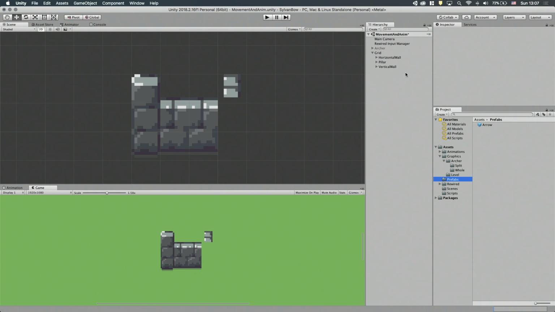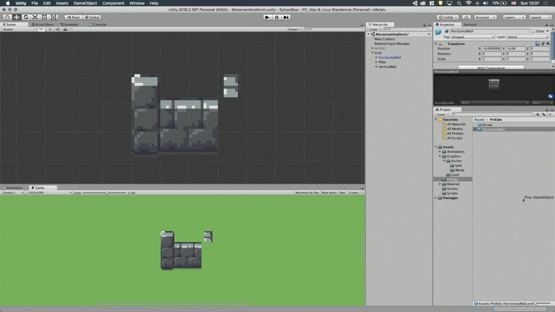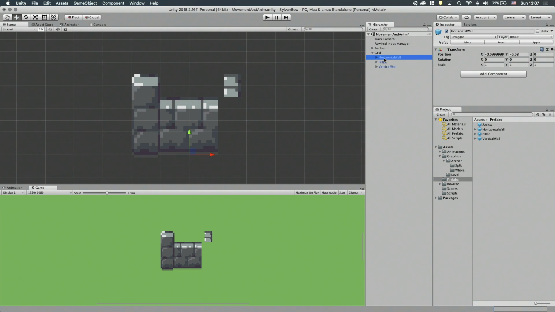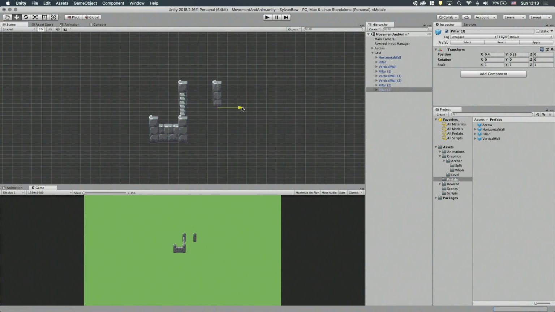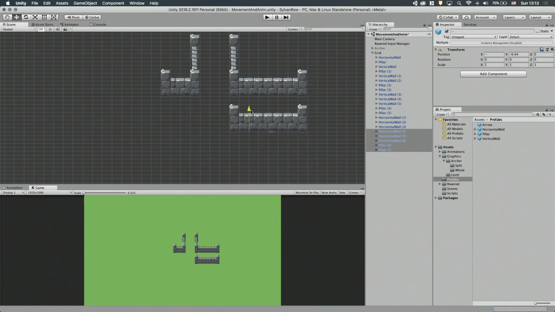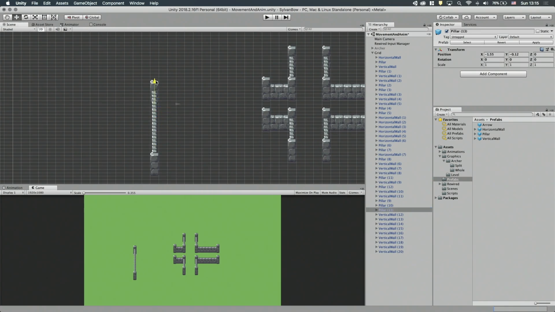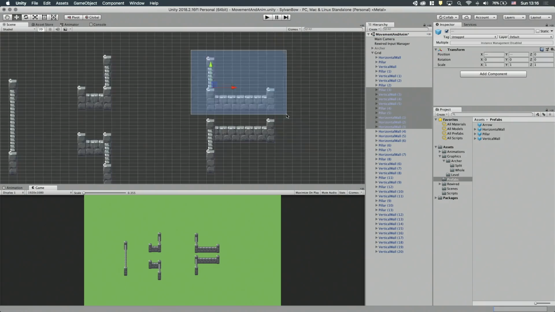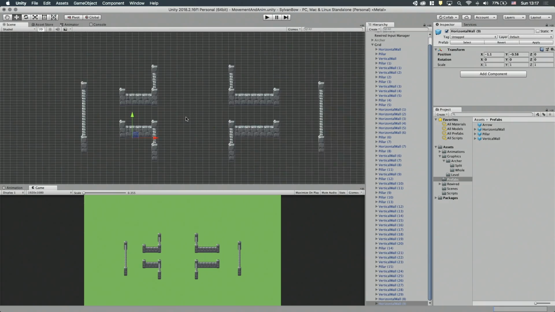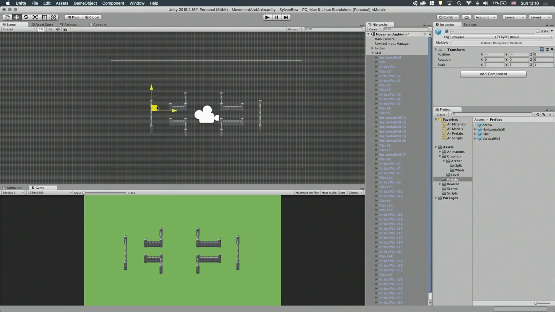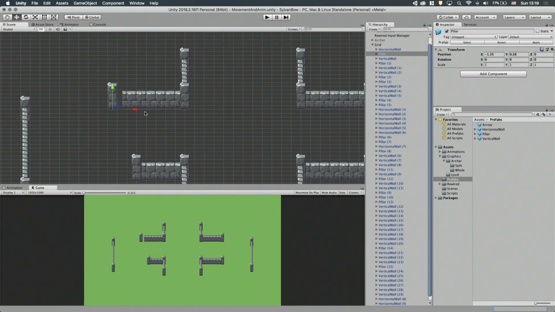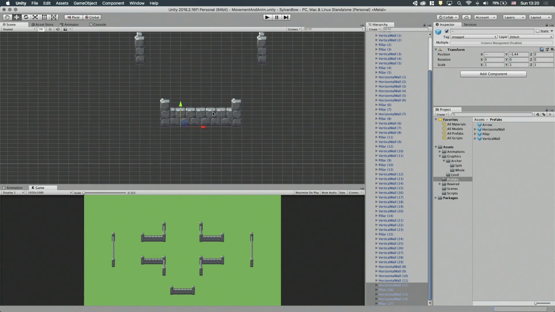Now we only need to create prefabs out of them and they are ready to populate our first level. Let's drag all of them into the prefabs folder. And here comes the most fun part of today's video, the level creation. Let's build a few walls to make our first level. I want to make some kind of arena here. We can quickly build new walls by duplicating existing ones with Command D or Ctrl D on Windows.